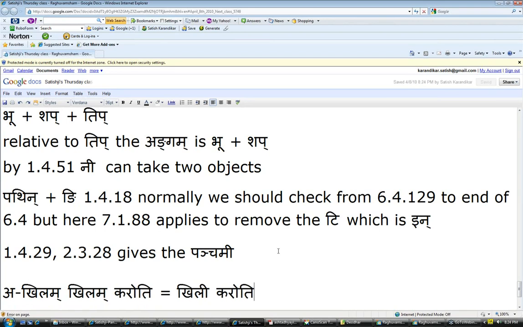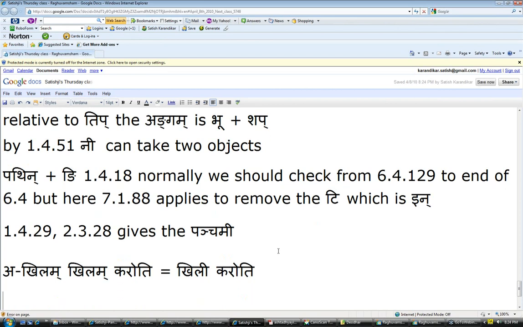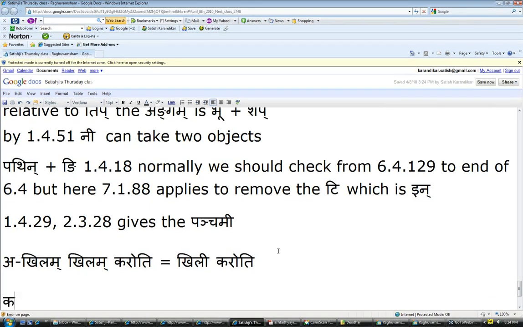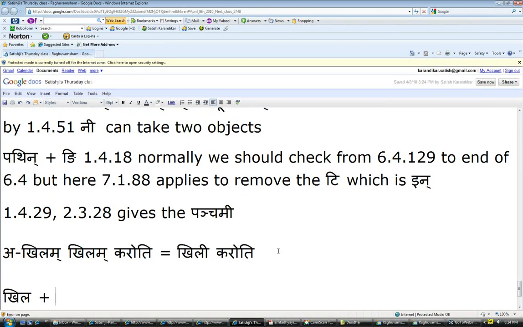It was not barren before. It has now been made barren. The state of barrenness is the new state. That new state takes the pratyaya with it, not the akhilam, but the khilam takes the pratyaya chvi. In the chvi pratyaya, what are the it letters? So what we have is the khila plus the pratyaya chvi.